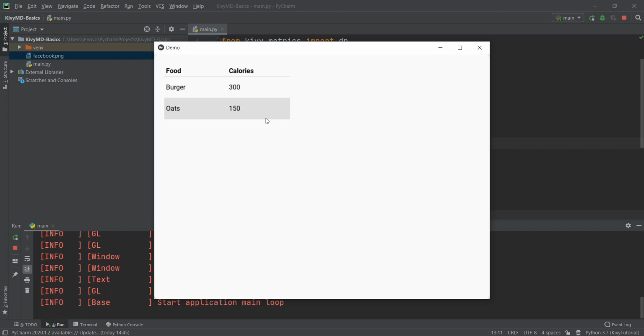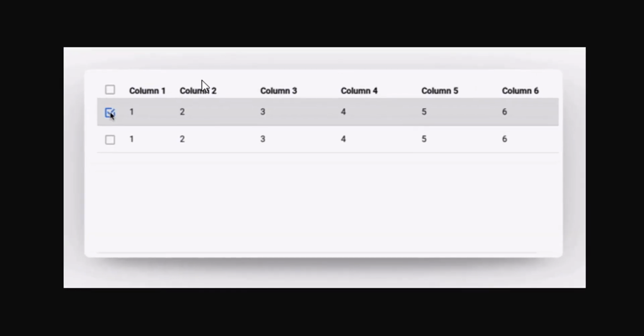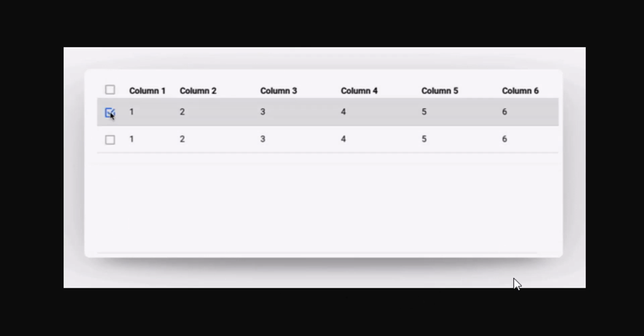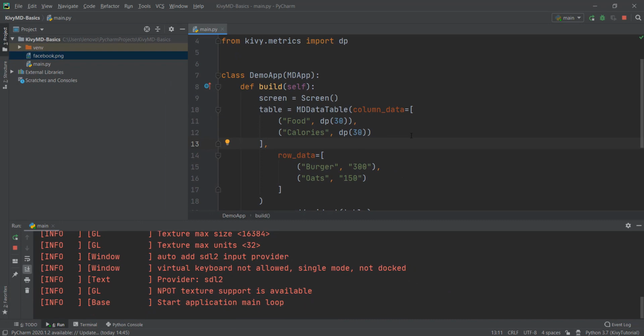Now what we can also do is add a size over here. Right now we don't have this cool functionality that our example has. You can see that there's this box over here with a shadow around it. So we need to add this shadow functionality using this size_hint. So we need to give it a size. Just before column_data, you can give it a size_hint, and this is a tuple. The x should be 90% of the screen. So this MDDataTable, we want to be 90% of our screen. So we're just going to write 0.9.